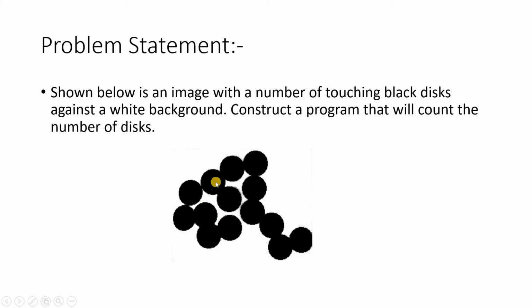But if you directly apply bwlabel, as all these big discs are connected to each other, it will give a single object as a whole. So first of all we need to detach these discs, that means we need to shrink the size of the discs. How to remove the connection between two connected components, which I have already discussed in morphological operations, is that we can apply erosion, because erosion shrinks the object. Due to shrinking, the objects will go away from each other, so the connection will automatically be removed.